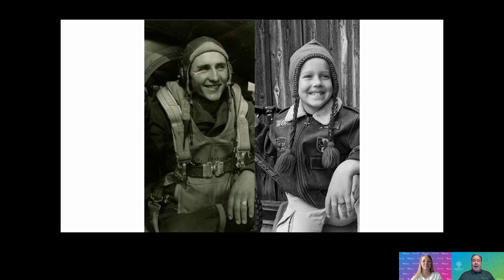He saw this and said, I want to recreate this because I have a pilot jacket. So he ran and grabbed that jacket, grabbed his little hat, grabbed his CTR ring, grabbed his bike, went outside, and we took a picture and made it black and white so he could look like his great grandpa, which was a lot of fun.